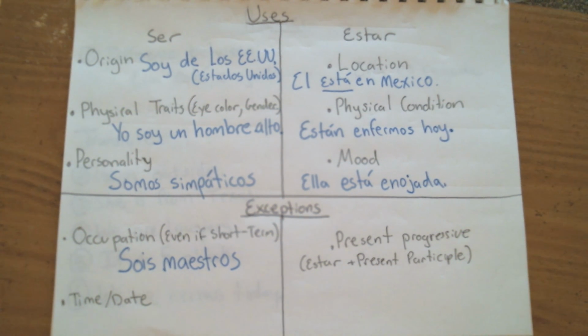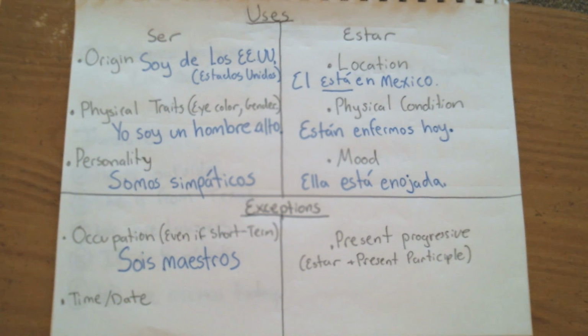Now, you use ser for a job a person has, even if they're not going to hold that job their entire life. Like, say you're a waiter for 6 months, or say you're a policeman for a year, or you're a tutor for 2 years. It doesn't matter. If it's not permanent, it doesn't matter. You still use ser. Use ser for a job whether or not it is temporary or permanent. And I know that may be a little counterintuitive. Say you get a job, but you're only planning to work it for a few months. Do you still use ser? Yes, you do.